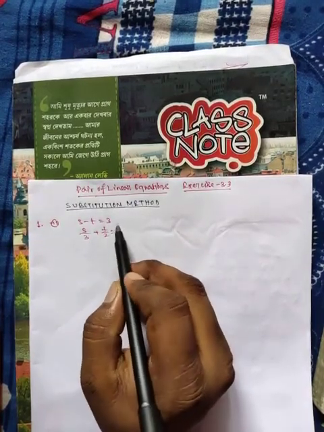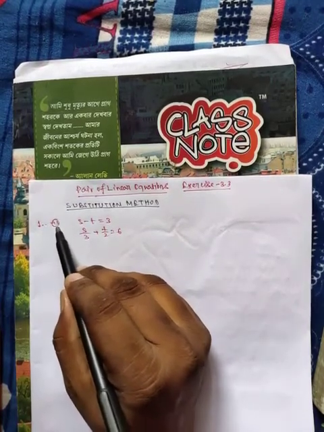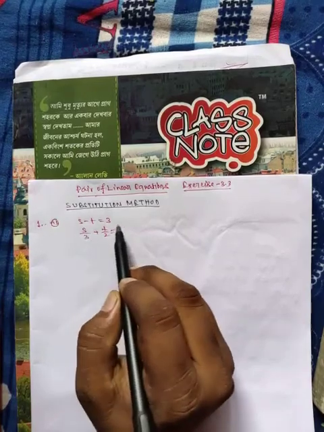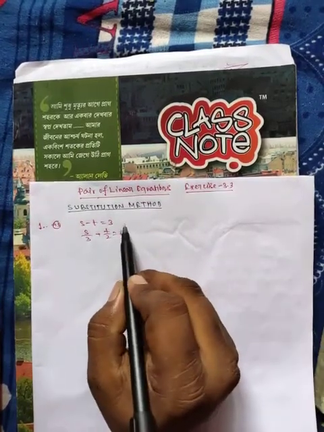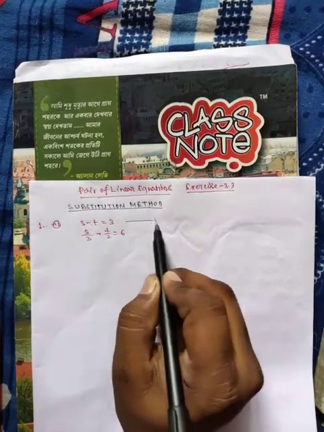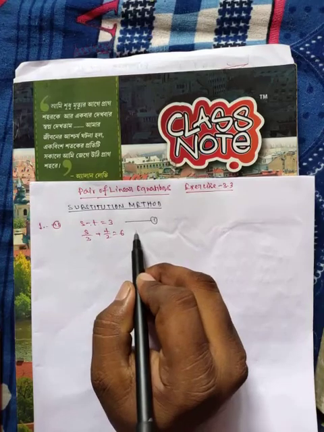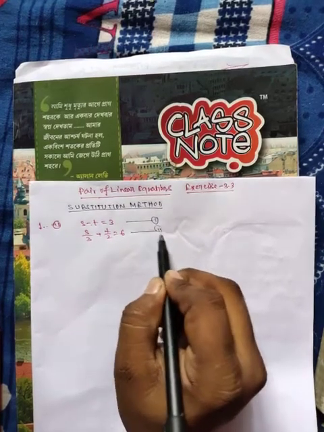Now today we are going to start. So question number 2, subpart 1, I am going to start, because the first question is very easy. So let's start. The first equation is s minus t equal to 3, giving it as the first equation, and s by 3 plus t by 2 equal to 6, I am giving as the second equation.